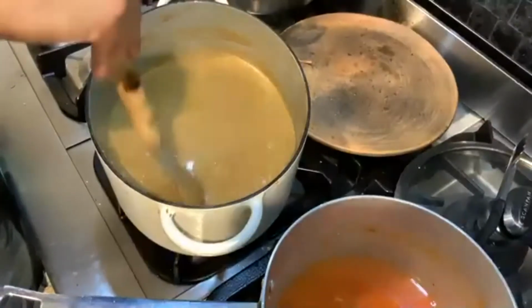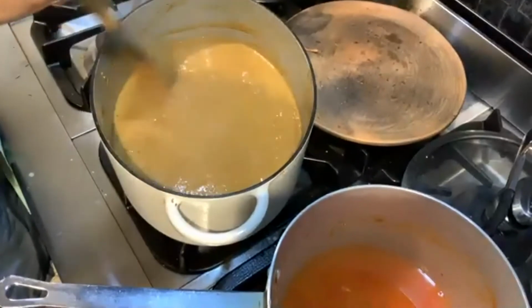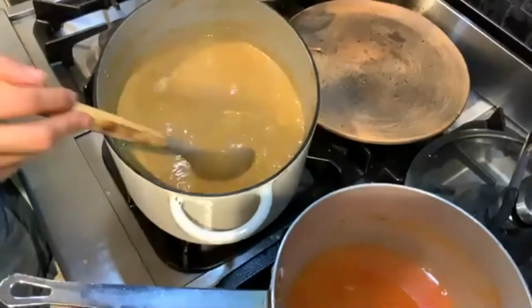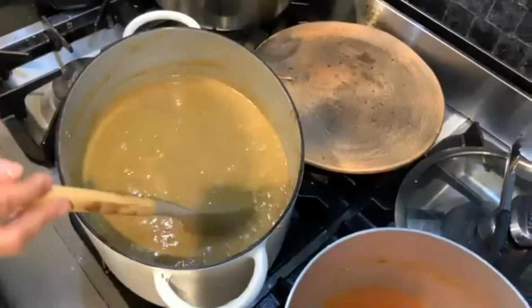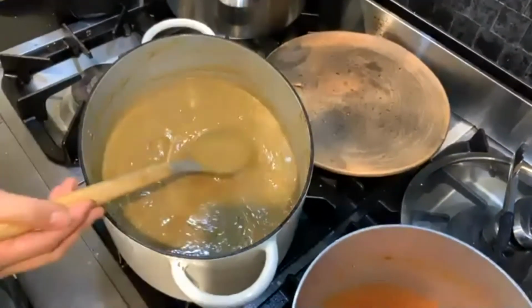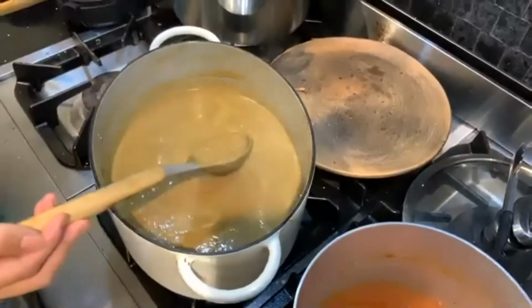So are you trying to reduce the mole by a certain amount, like a third or a quarter? This is going to be maybe a fifth. Okay. Just so we can get it a little bit thicker. Right now, if you can look, the consistency is still watery. So we're reducing it just so it can get just a little bit more,